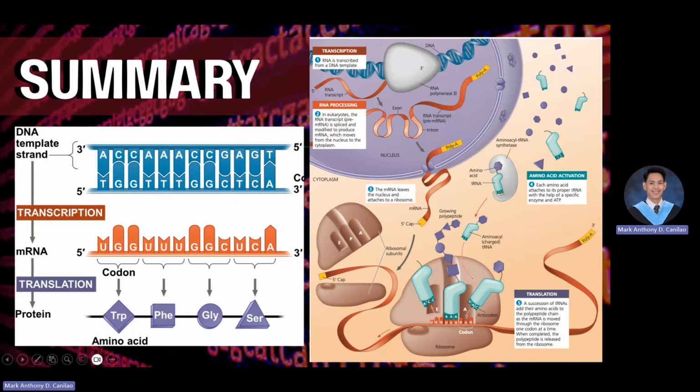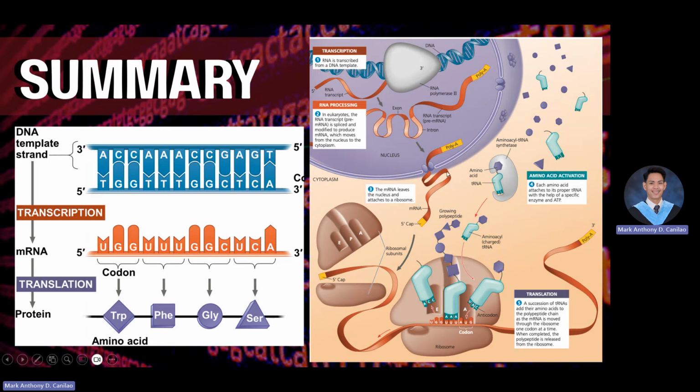Again, in summary, ito na po yung buong process ng central dogma. Again, transcription and translation are the two major steps. Transcription is a process wherein RNA is synthesized with the help of the DNA template strand. In the eukaryotes, the RNA transcript needs to be edited first, by adding a poly A tail at the 3' end, and also we add a cap at the 5' end. Introns, which are non-coding RNA transcript, are removed by the help of the spliceosome. And at the end of the day, we have the mRNA that is ready to exit the nucleus via nuclear pore.